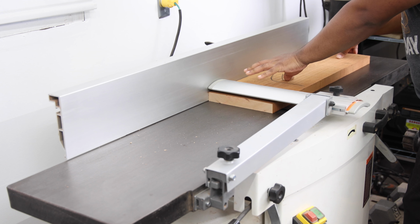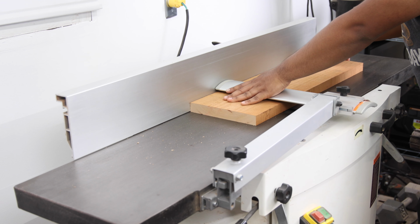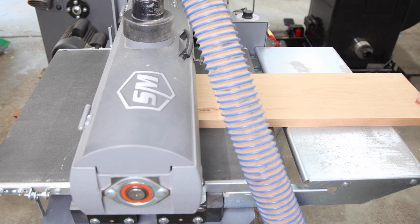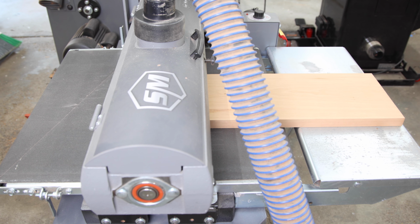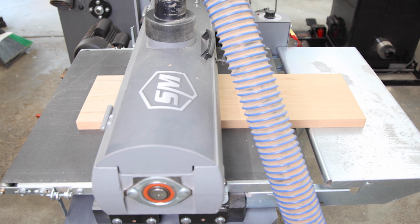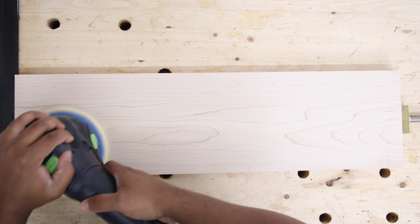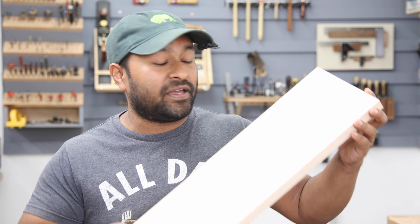It needs to go through the jointer and the planer to get it to be flat and square on three sides. I am also going to opt to pass this through the drum sander just to get a more refined thickness, because I find that the planer doesn't necessarily leave the cleanest finish. And I'm also going to pre-sand everything to get the material ready to go. Okay, so we have our lumber that has been milled flat and square. We've sanded it and it's pretty much ready to go as far as final dimensioning and profiling for this particular